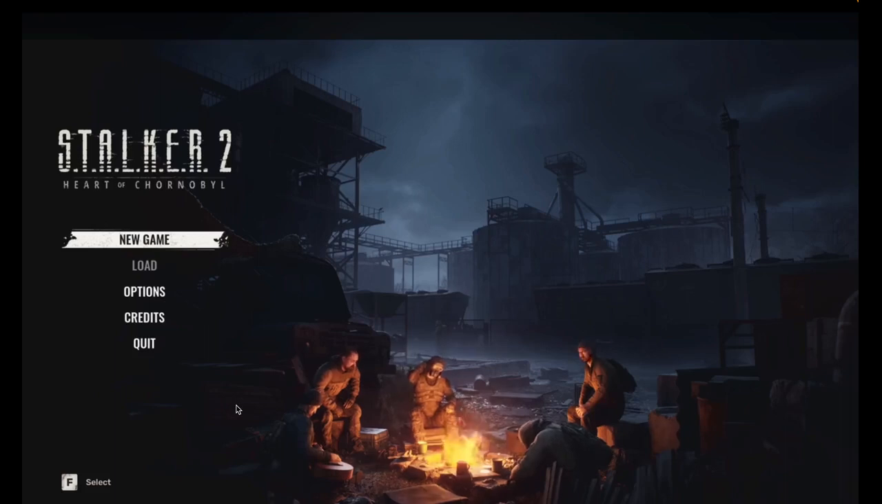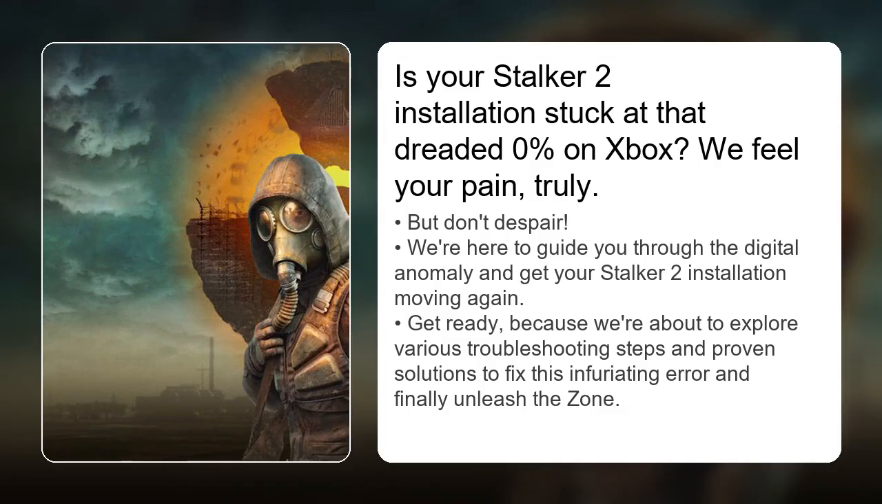Let's talk about the Xbox Series X's Stalker installation error fix. Stuck in a loop? Come on, we'll go step by step. But don't despair, we're here to guide you through the digital anomaly and get your Stalker installation moving again. Get ready, because we're about to explore various troubleshooting steps and proven solutions to fix this infuriating error, and finally,